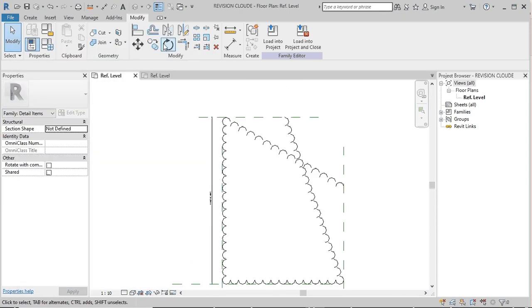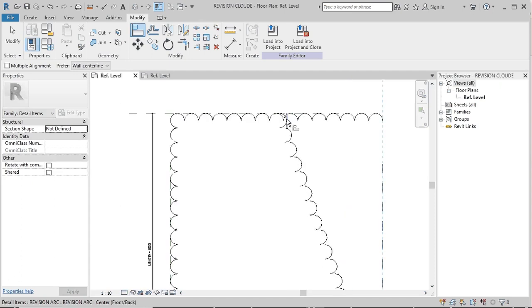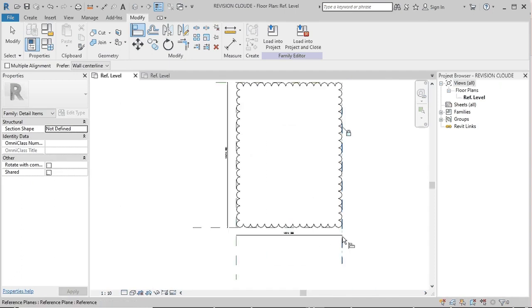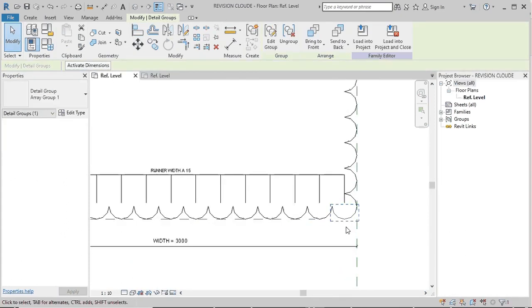This arrangement is uneven. Now we are aligned, and at the last point we lock the arc. Next time when you give a value, it will automatically come properly.